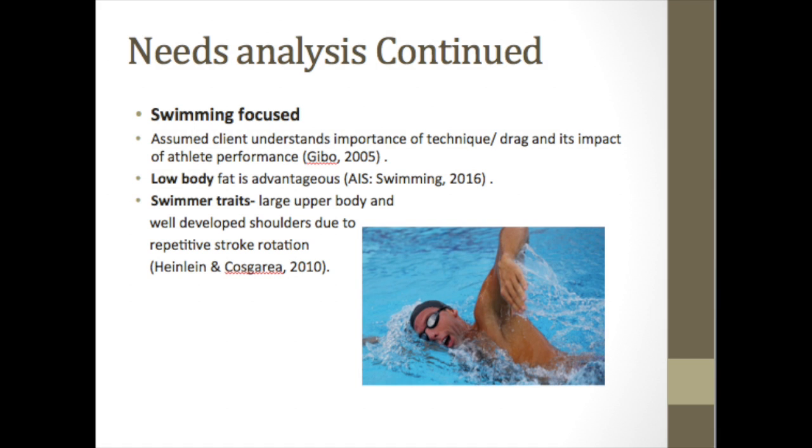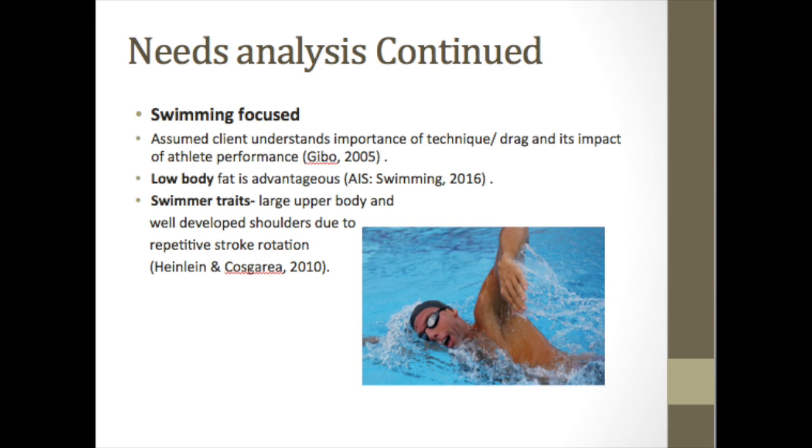The focus of my client's program will be based around the swim leg. As my client is already heavily active in sport, it is assumed he has a high skill base in the technique and drag component of swimming, and understands the importance of its ability in impacting performance. My client's technique will not be evaluated or altered. It is important to note that low body fat is also advantageous to swimmers as it reduces drag. The swimming leg of an Ironman event is 400 meters, and this is the distance that will be focused on